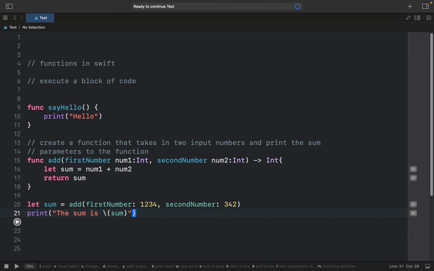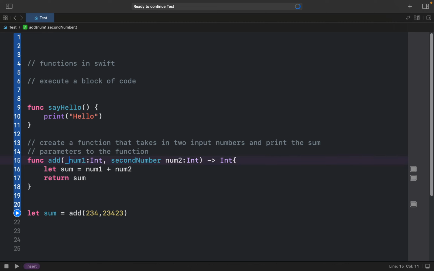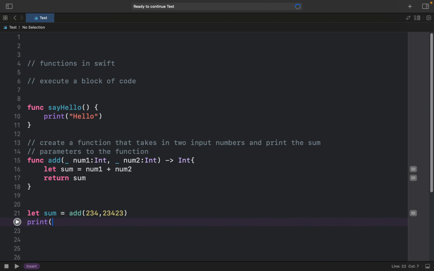It provides the sum. But what if I want to provide sum2 and simply pass in two values without providing the label? If I want to do that, what I can do is just omit the labels, like providing this underscore. We can omit the label values. Provide underscore here as well. Now if I run this and print the sum,